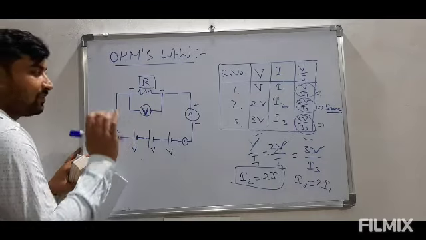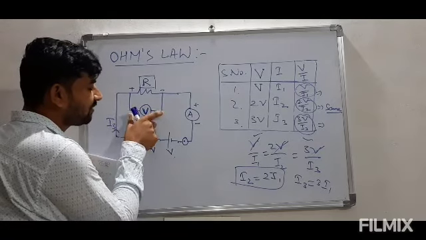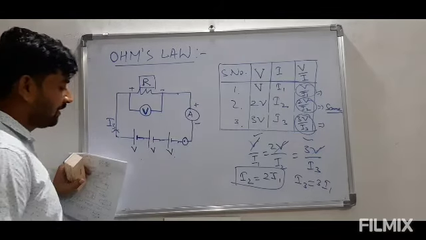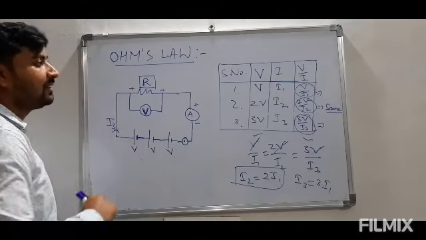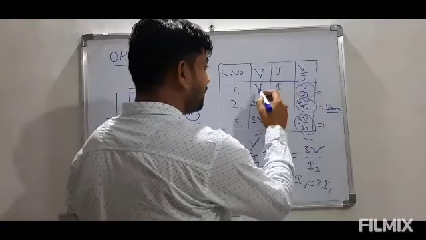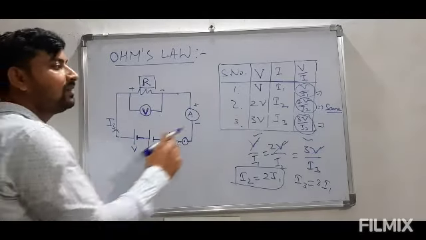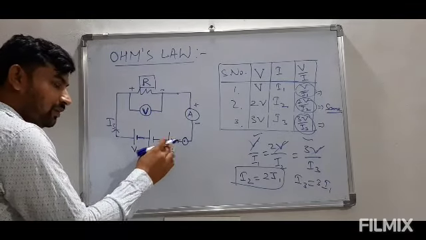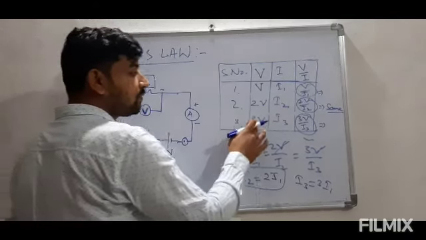ओम ने एक ऐसा सिस्टम लिया जिसके अंदर उन्होंने कोई रेजिस्टर लिया, उसका पोटेंशियल डिफरेंस मेजर करने के लिए वोल्टमीटर कनेक्ट किया, करंट मेजर करने के लिए अमीटर कनेक्ट किया। इनिशियली उन्होंने एक सेल लिया जिसका वोल्टेज V था, उससे करंट मेजर किया। हमने उसको बोला कि वो करंट I1 है। उन्होंने V और I1 का रेशियो निकाला। जैसे ही उन्होंने वोल्टेज को डबल किया, करंट की वैल्यू में कुछ चेंज आया। फिर एक और सेल उसमें कनेक्ट किया, तो बैटरी का जो पोटेंशियल डिफरेंस था वो 3V हो गया।